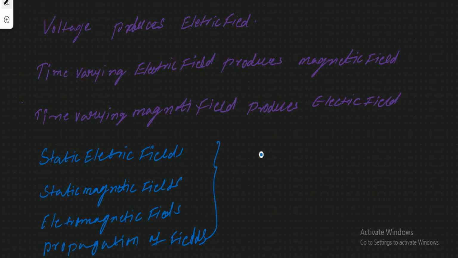we need to know initially the vectors. We have to know what a vector is, what a scalar is, and related terms. That's why it is included in our chapter. The first unit is a review of vector analysis. In the next video, we are going to see what a static electric field and a static magnetic field are. We'll continue the introduction part and then start the vector topic, the review of vector analysis. Thank you.